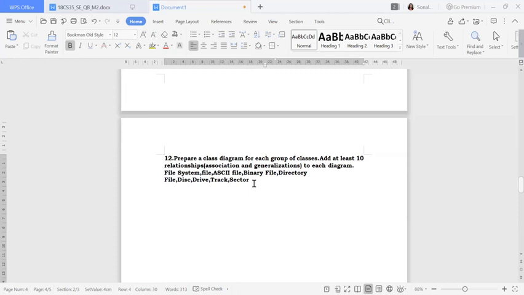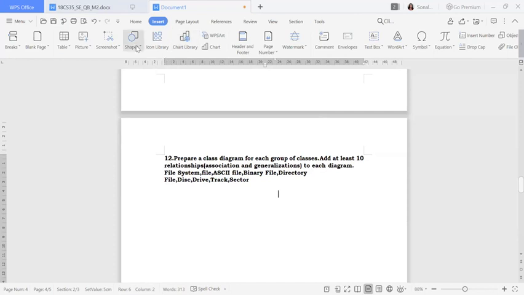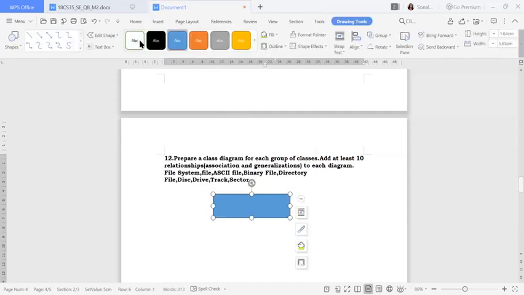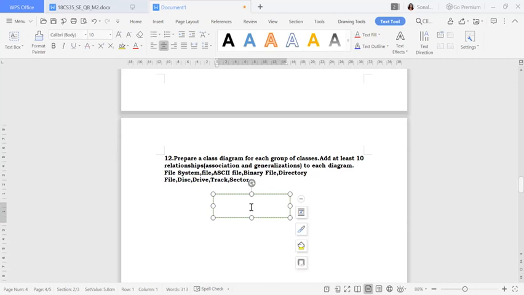So first we have to take the file systems. What are the file systems? The first one is, go to insert, take this and do the file system. I will take it as text, write down file system.